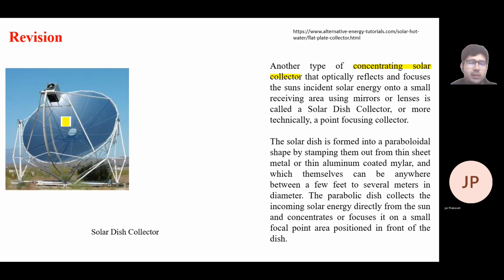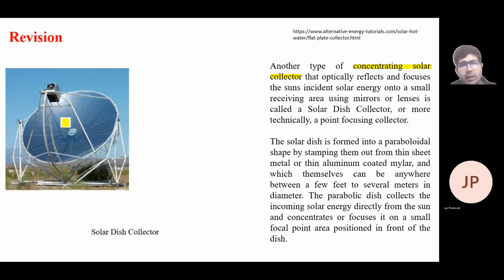If you are burning those planks individually at a certain distance, you are not getting enough heat to cook your food. But if you put all 10 planks together and heat them together, you can get enough heat for your cooking. In a similar way, using this solar dish collector, we are concentrating the solar radiation to a particular point, because at that particular point we require high temperature, and using the flat plate collector we were not able to concentrate the solar radiation, so we have developed a system.